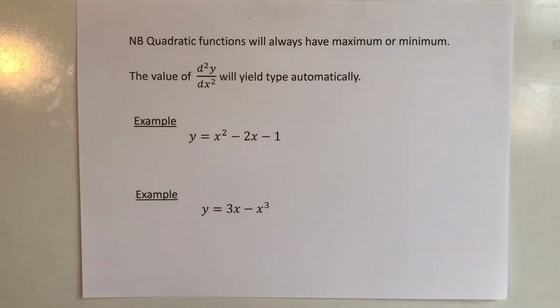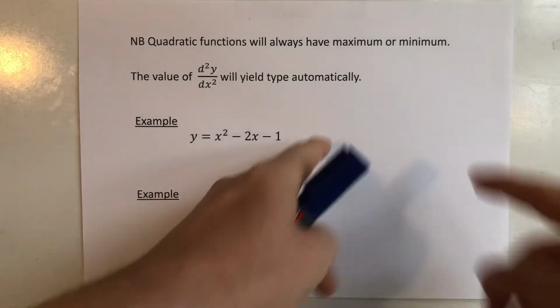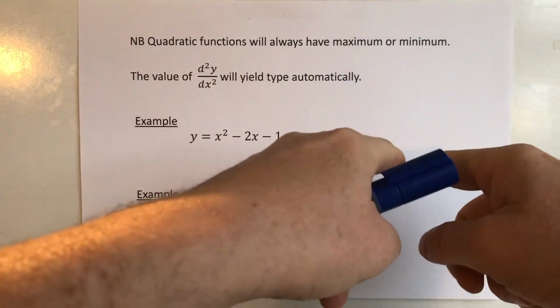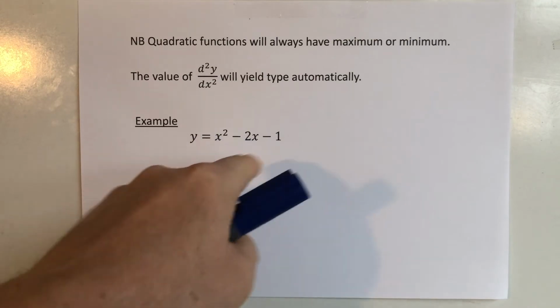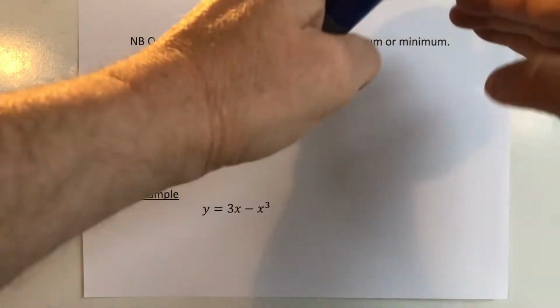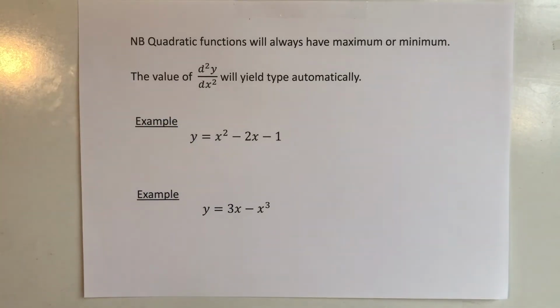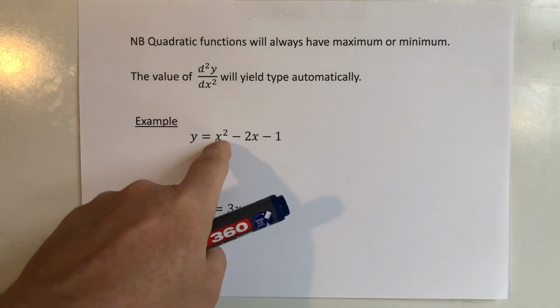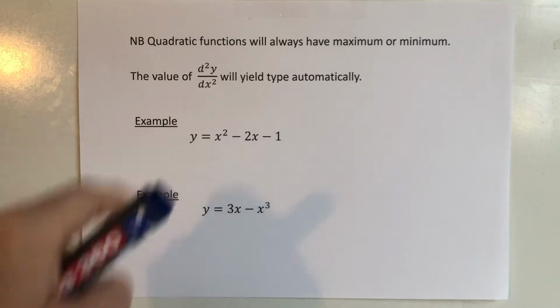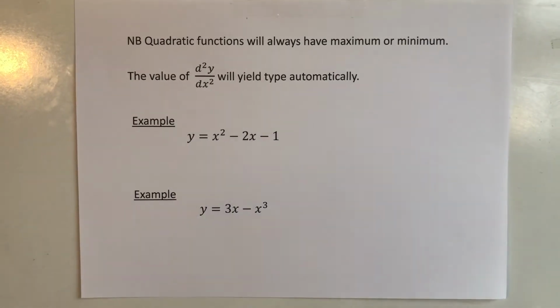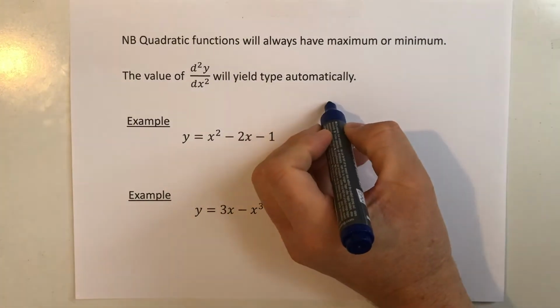Now, whilst you're learning about the quadratic curve at GCSE, your teacher would always have told you that if it involves an x squared, then the graph is always like that. And if it involves a minus x squared, then the graph is always that way around. That is because, as I've written up here, the second derivative will always tell you what it is. So dy by dx